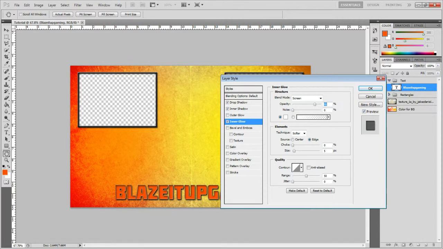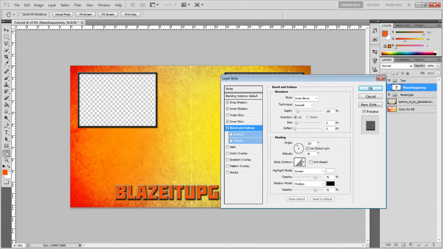And then we are going to pull the opacity up. Make the size 9. And I'm actually going to make that 70. Then we're going to do bevel and emboss. And then we're going to pull the soften up